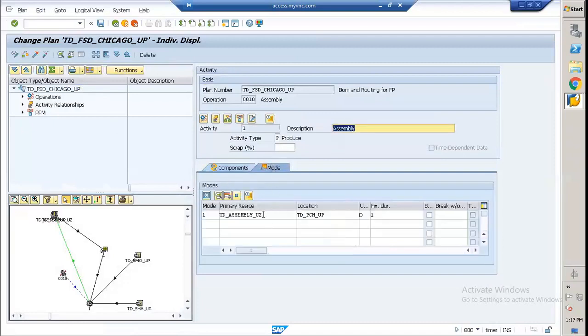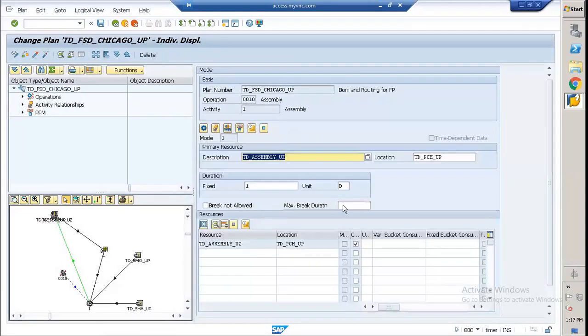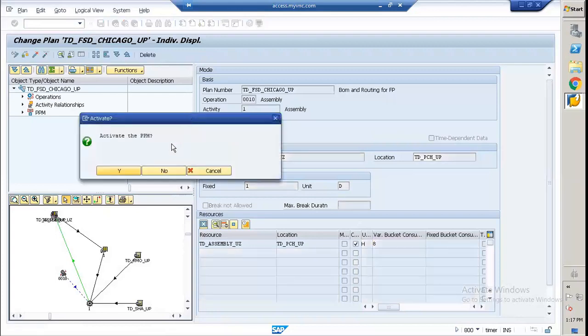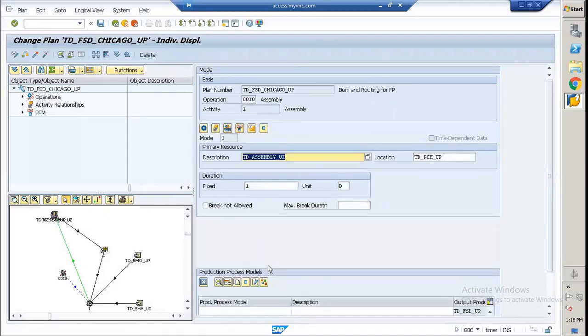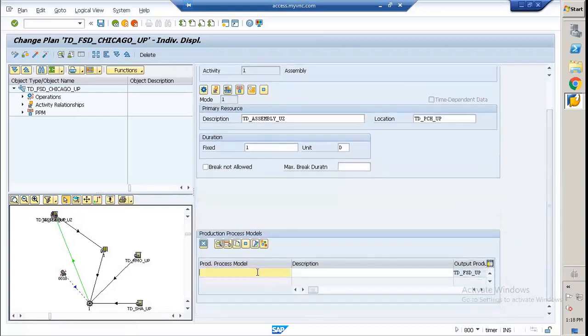Go to the mode, per 1 day. However, 8. Before going to that, we need to make one more. Once it is done, then do product plan assignment. For this, we have to give a production process model name, description as